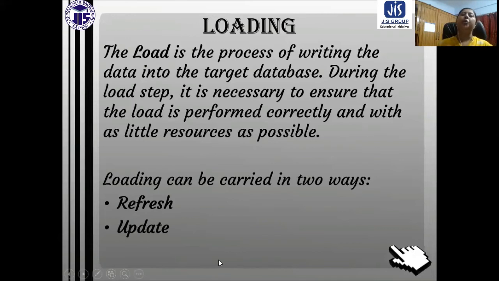Now, loading can be carried out in two ways: refresh and update. Refresh is when we write or load data initially. So refresh is basically about writing new data into the data warehouse, and it is done initially.